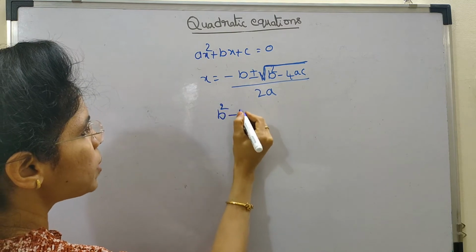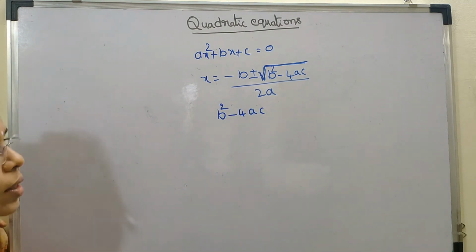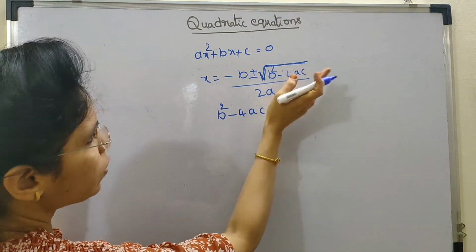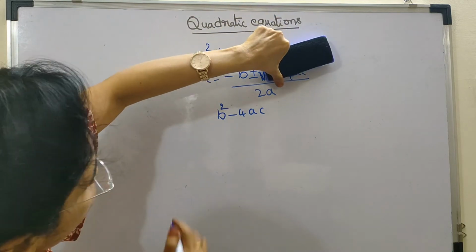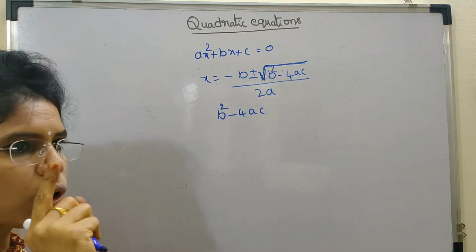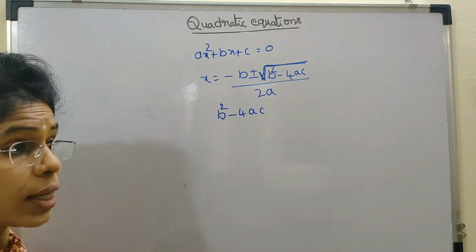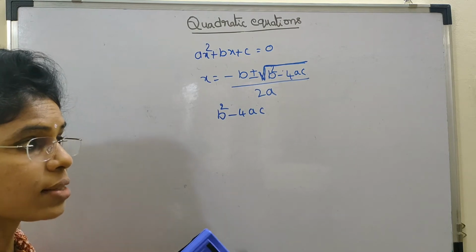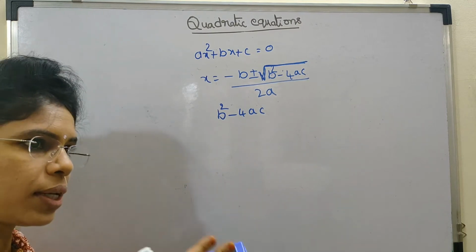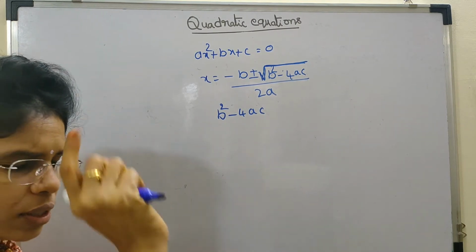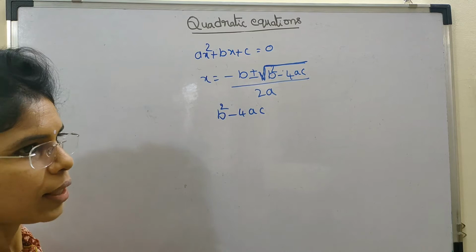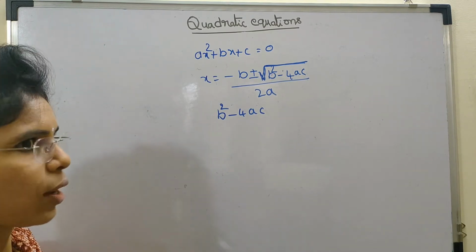Here, you have an expression b² - 4ac, right? Suppose it is equal to 0. What will happen? b² - 4ac is equal to 0, this whole term vanishes. You have only -b/2a. So, only one root? Actually, we know that an nth degree polynomial equation has n roots, right? They may be repeated, they may be complex, they may be real, anything. But for nth degree polynomials, you have n roots only. So this is a second degree polynomial. You should have two roots, either real or complex.